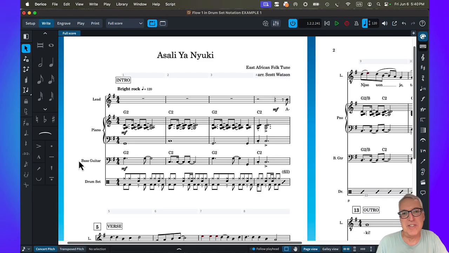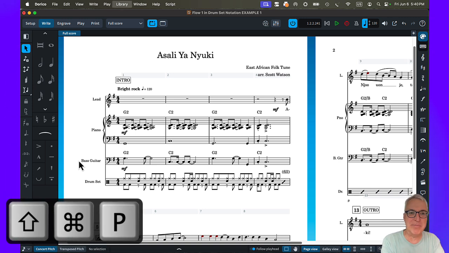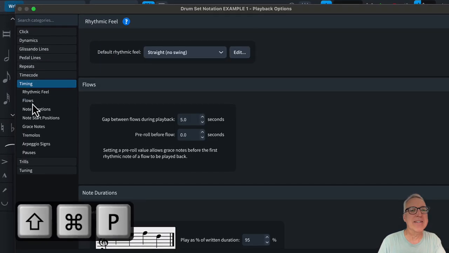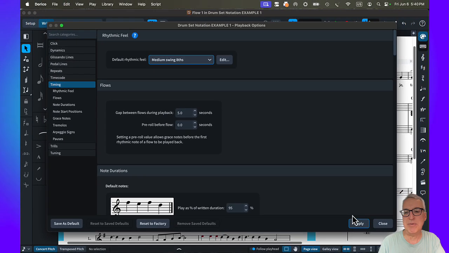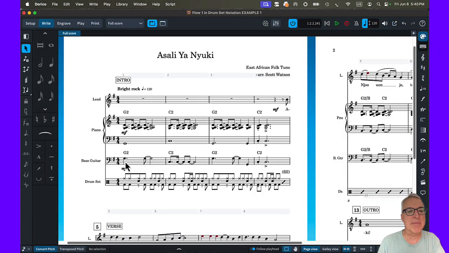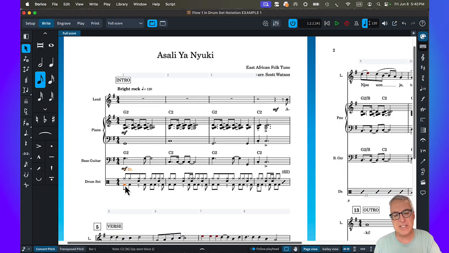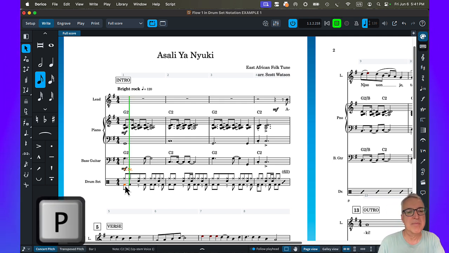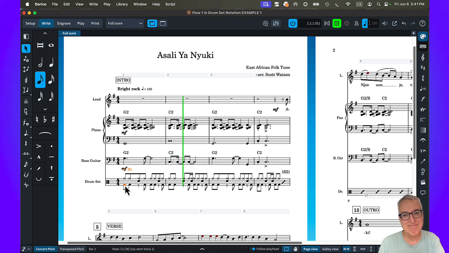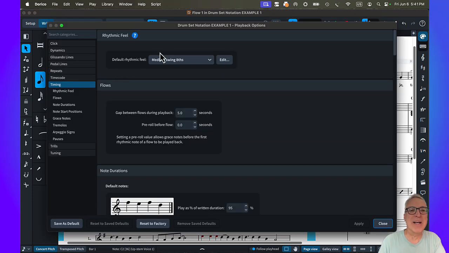Finally, what if you want your music to play in swing style? Well, that's a playback option. Let's go into Shift Command P, and under timing, the first thing there is straight by default, but we can say let's do some medium swing 8th notes, apply, and notice that when I play back my music, and this is all the music, not just the drum part, but let me hit P, you'll hear swing 8th notes. I'm going to undo that, go back to straight,